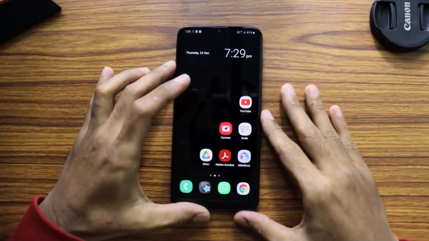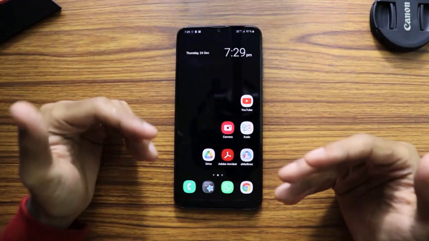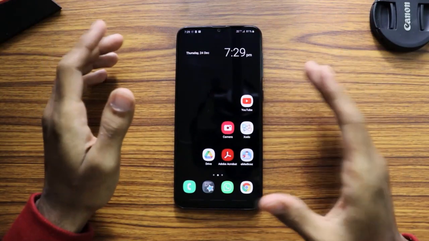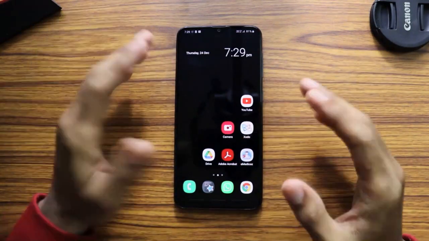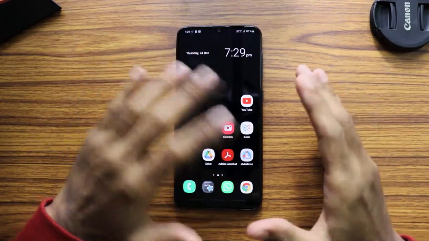The first thing which you need to see is that the wallpaper which I have chosen is a plain black wallpaper. The color which I use is black because it saves a lot of battery. That's number one. And also I like to use a plain color in order to give a good contrast between the icons which are there in the home page and the background.